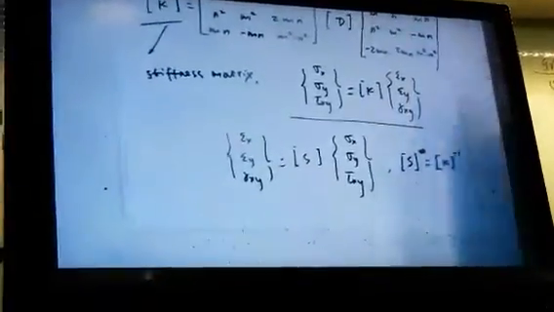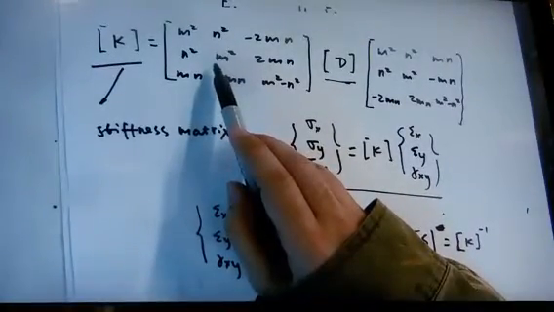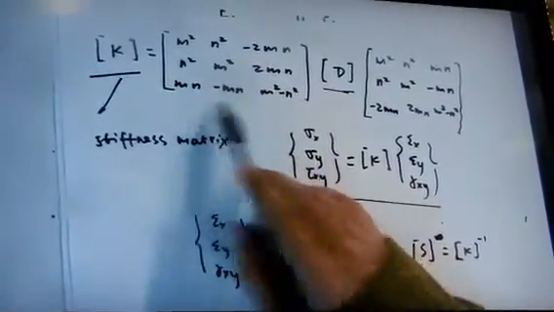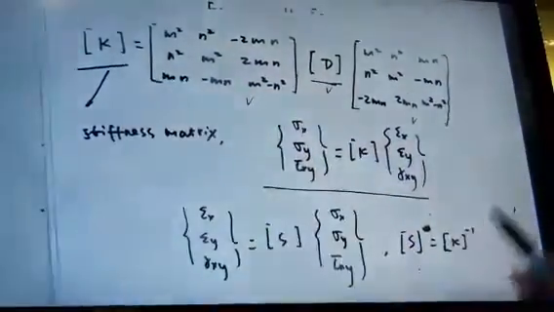And then next step, when you have the D matrix, you have m and n already. m and n are determined by cosine theta and sine theta. So you have the D matrix, you have m, n, you can calculate what is K. When you have K, you can calculate what is S. So S matrix,